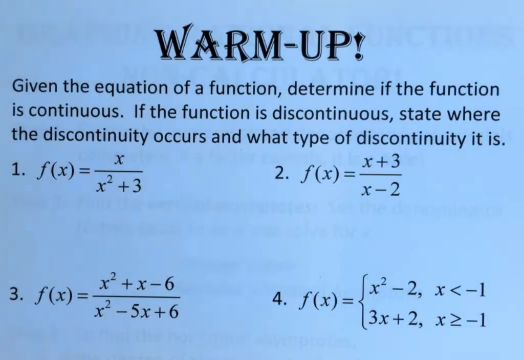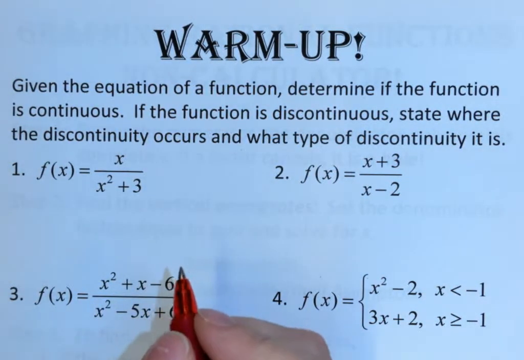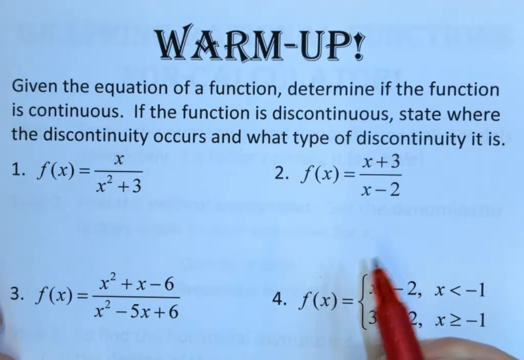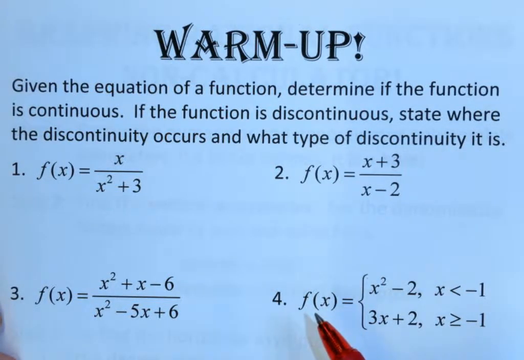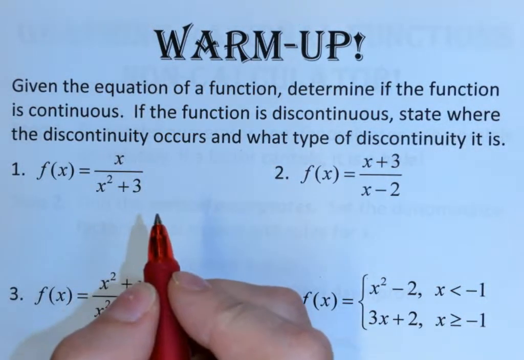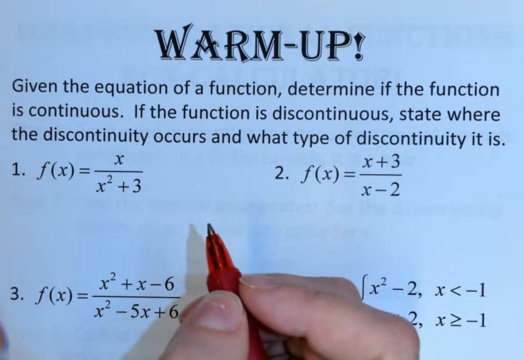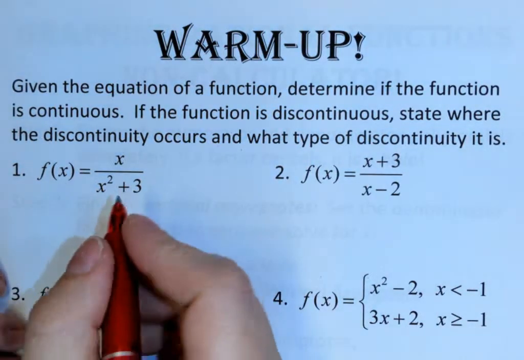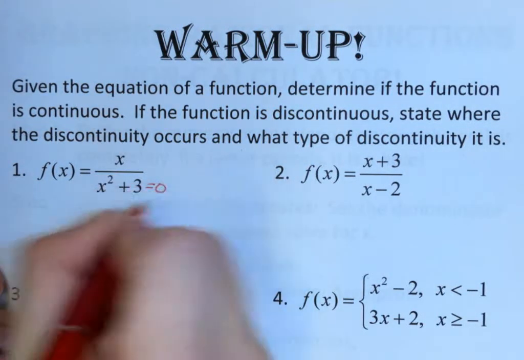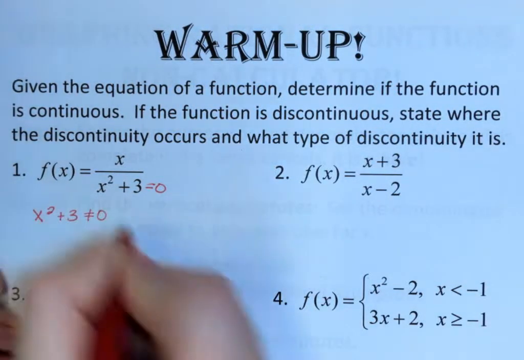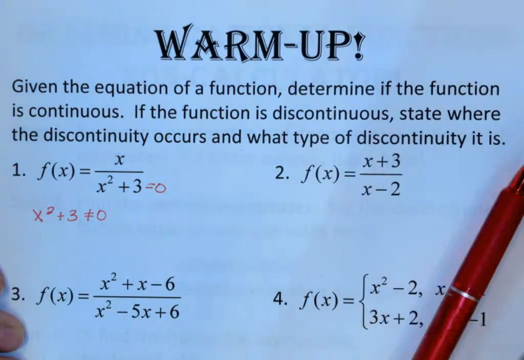All right, so on number 1, and actually for 1 through 4, we're talking about continuity. And this is kind of like when we were doing our domain restrictions. And it said, okay, is there anything that x cannot be? So in this case, is there anything that x cannot be? There you go, plus or minus the square root of 3. Because this is a rational. And for a rational function, that denominator cannot be equal to 0. So when we go through and solve this,